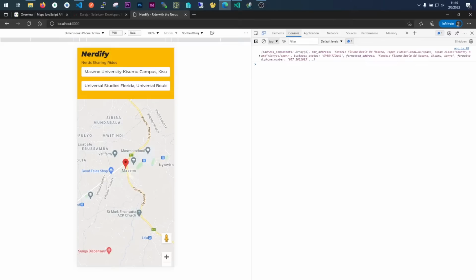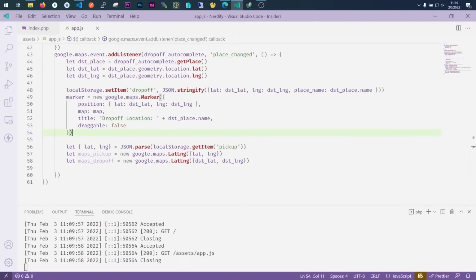Next, we create what we call directions. We now use the directions API, and this directions API is going to give us the distance that we need, and we're also going to get an estimate of time and all that. But we first need to create a request that we're going to send to our directions API. So we'll create our directions request object. I'll say let directionsRequest be